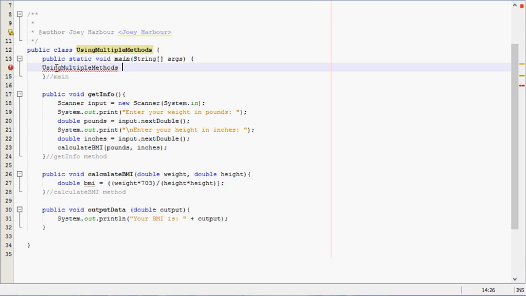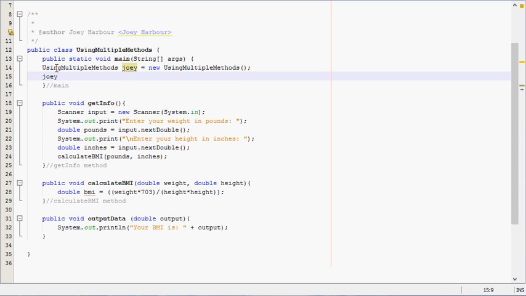Then whatever you want to call it, you can call it calculate BMI or whatever, just have to start with lowercase. I'm going to call it Joey equals new, then your class name again, using multiple methods, open and close parentheses, semicolon,